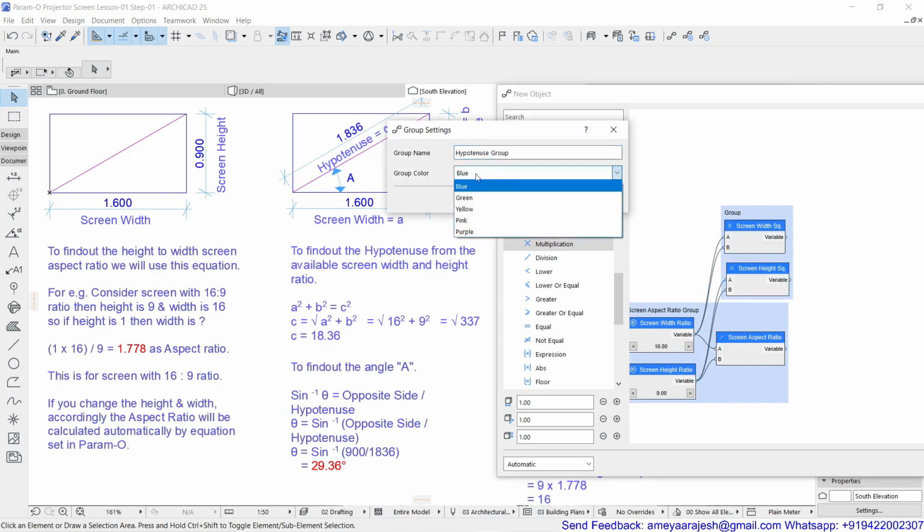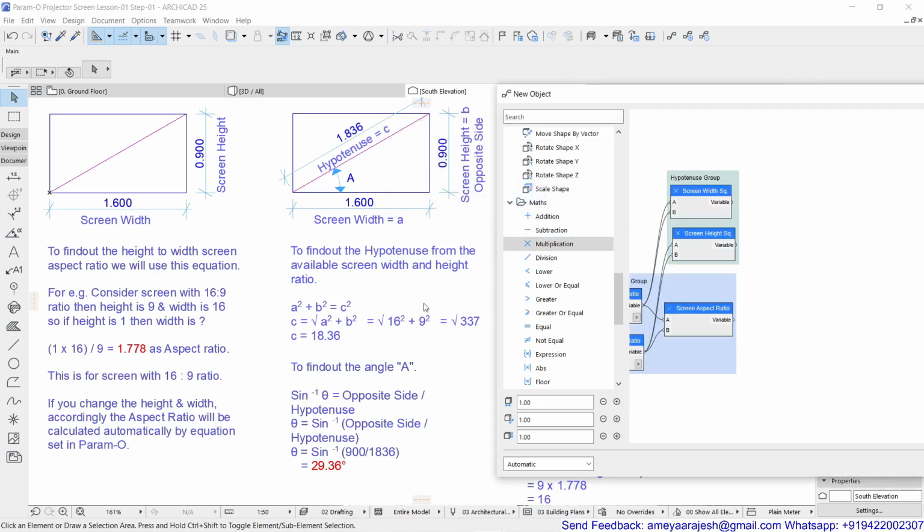Okay, so let's try to change the group color for a while. We have just made the square of this. Now the next part: once you have created the group, it's time to go for the further calculation, that is nothing but a square plus b square, because the squares are done. Now how about adding them? So double click, say add, addition. Now these two values will get added, A will get added and B will get added.